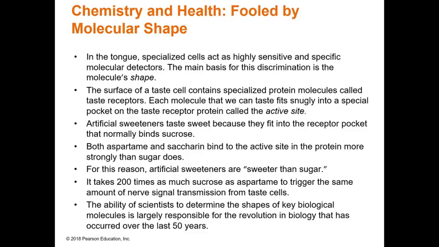Taste receptors on your tongue work like molecular locks. If a molecule fits just right, like aspartame or saccharin, it triggers the sweet response. These sweeteners often bind even more strongly than sugar itself, which is why they're hundreds of times sweeter. Understanding molecular shape allows us to engineer compounds with specific